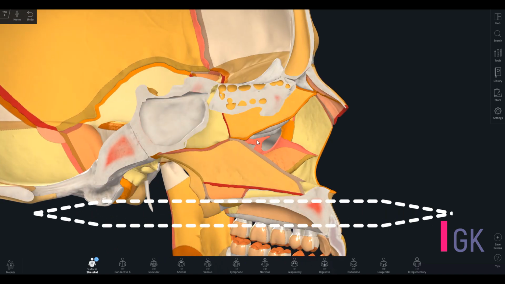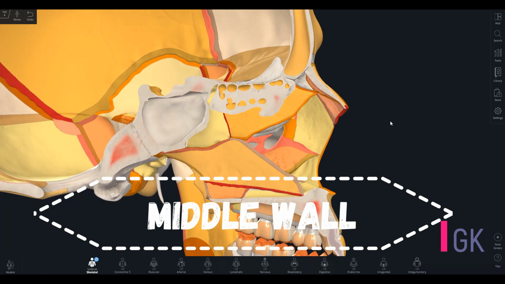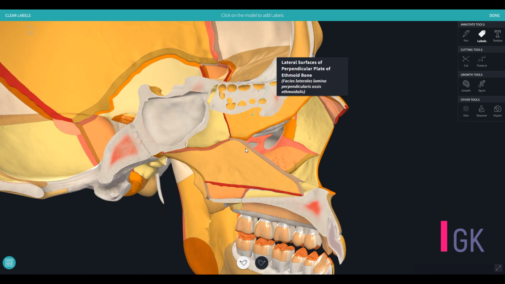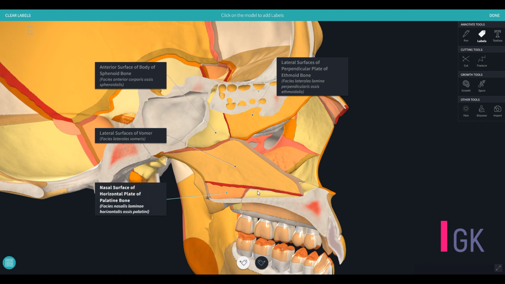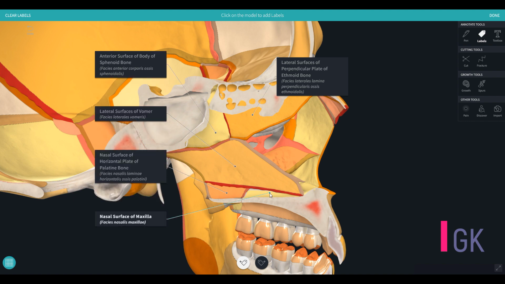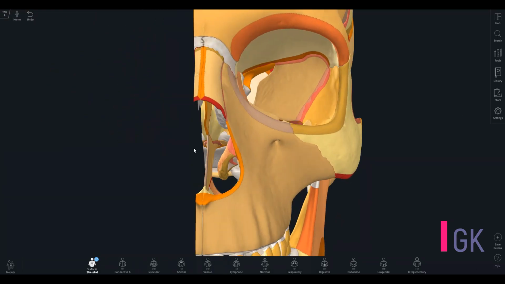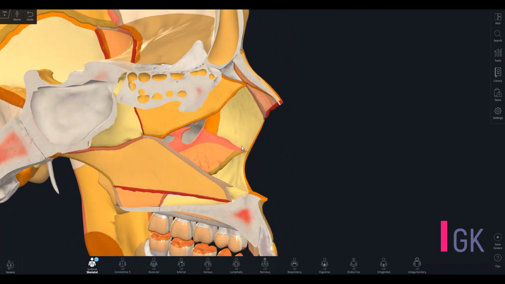The middle wall, or inner wall, of the nasal cavity is formed by the lateral surface of the perpendicular plate of the ethmoidal bone, the anterior surface of the body of the sphenoidal bone and rostrum, the vomer, also the nasal surface of the horizontal plate, and the nasal surfaces of the maxilla. The second name of the middle wall of the nasal cavity is the nasal septum, which is formed